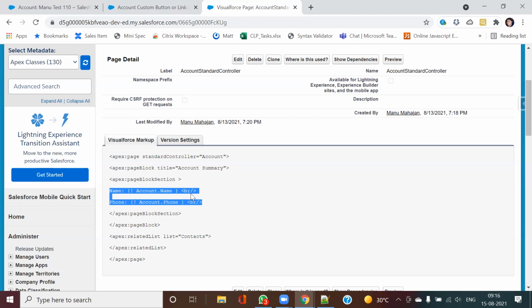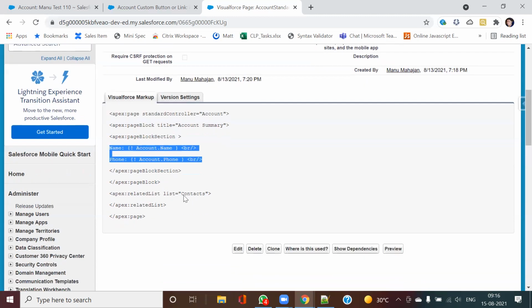The ID is standard. Whenever the button is on whichever object I created, it will take that particular record inbuilt. After that, once this page block is done, what I have done is this related list. Related list is also a tag, in case I have a parent and I need to display my child records' details. In this case, I can have related list as contacts, opportunities, all of this.